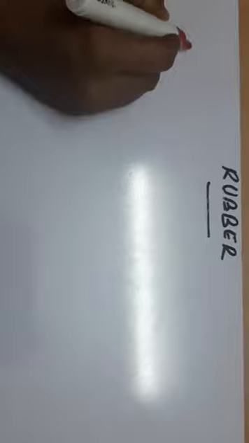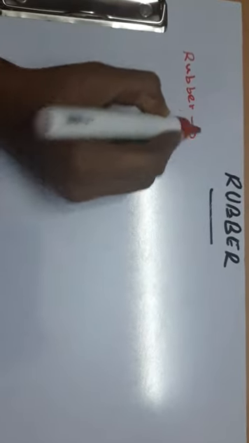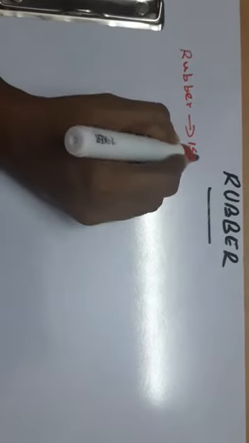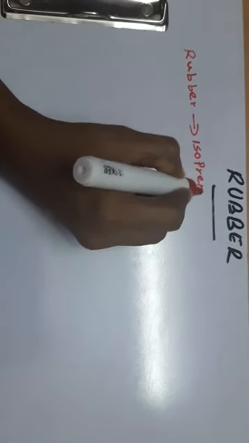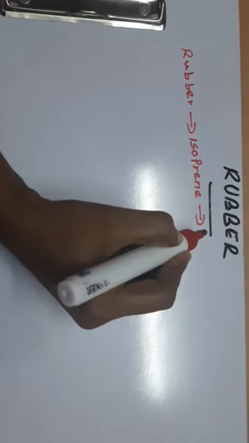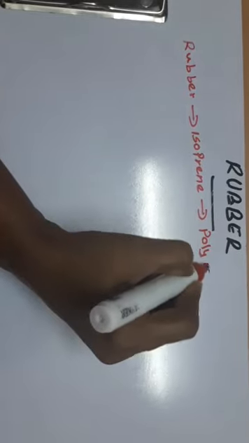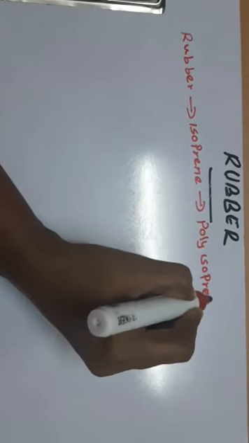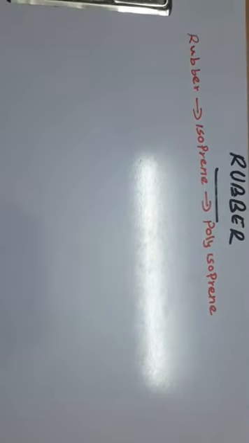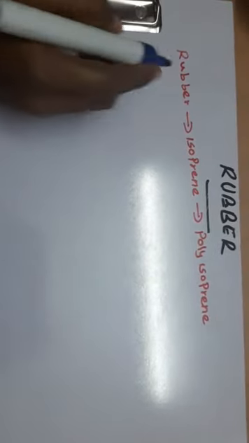For example, isoprene. Okay, the monomer of rubber is isoprene. Isoprene, when it undergoes a polymerization reaction, gives polyisoprene. Okay. The structure of isoprene is 2-methyl